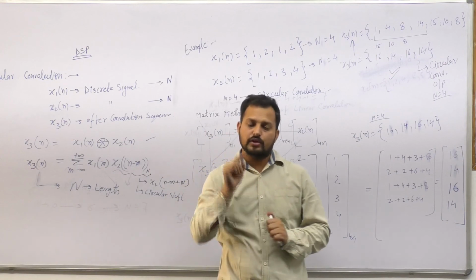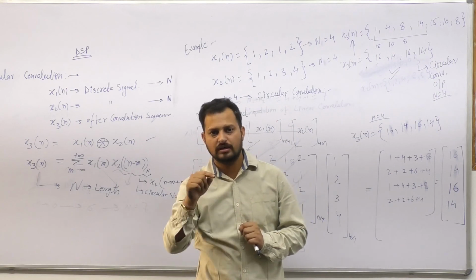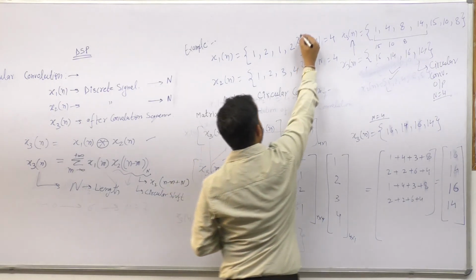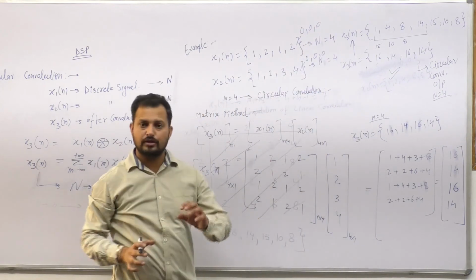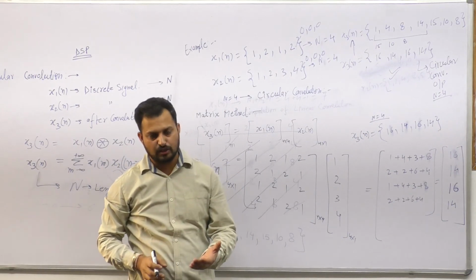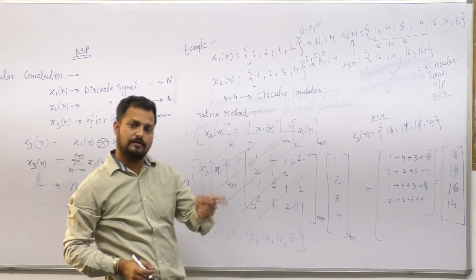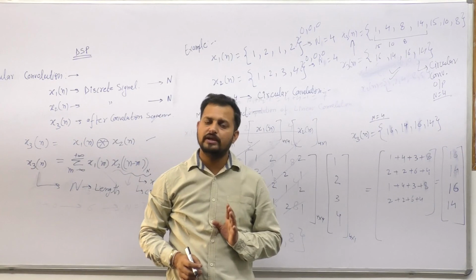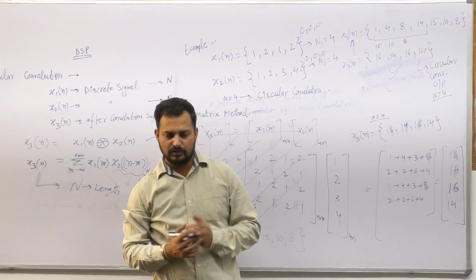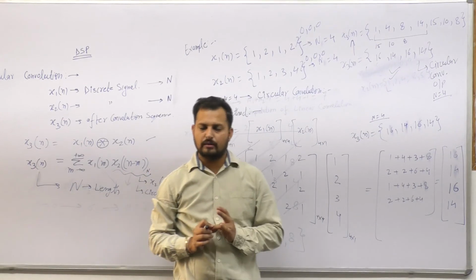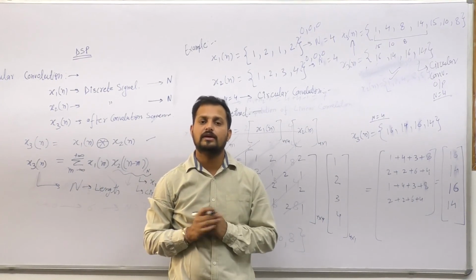Even if we take circular convolution for the same example, n equals to 7, we'll append 3 zeros to these points like this. So we'll convert the length into 7 and then we'll compute the circular convolution. We will receive the same linear convolution. So with the help of the circular convolution, we can compute the linear convolution as well, right? So these are the topics. Linear convolution done, circular convolution computation with the help of the matrix method, and the relationship between the circular and the linear convolution we have done,